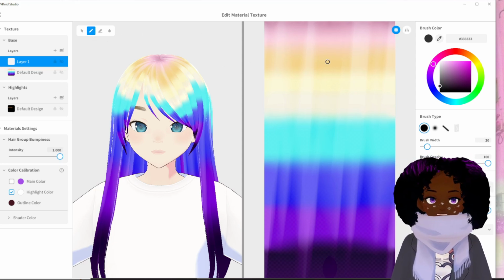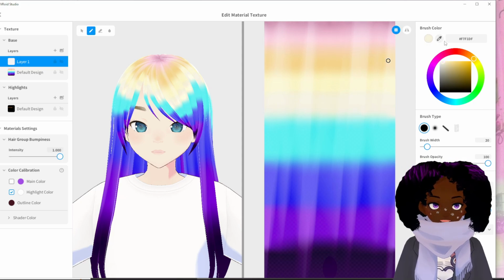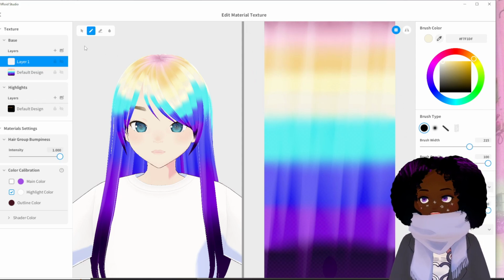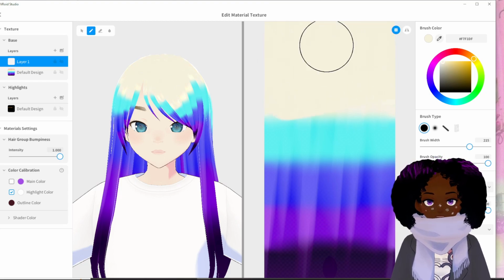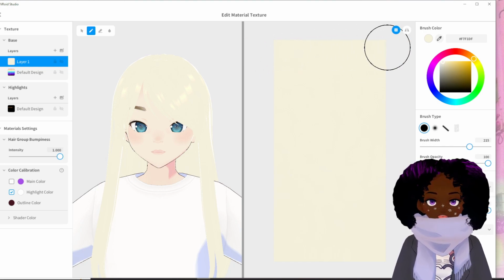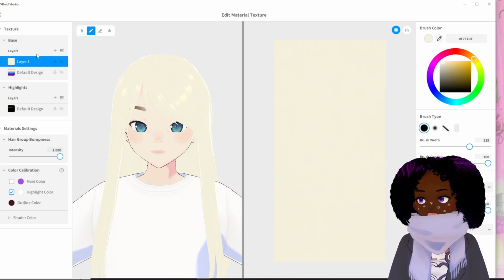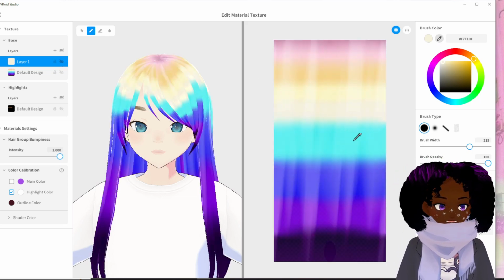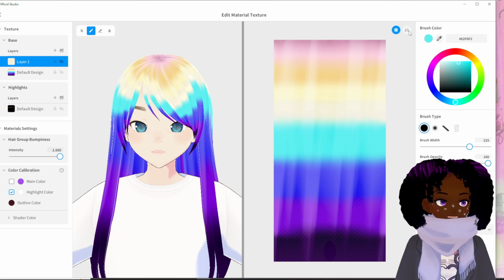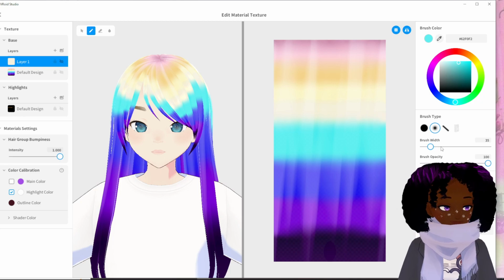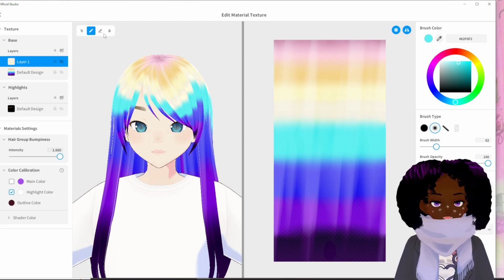First, I'm going to start with a blonde-ish color. Basically, you just want to pick your base color, pick a nice big brush and then color the whole thing. Perfect. So these are my base colors that I want to work with. When I'm pulling colors, I'll just mute that one and then go through. I'm going to turn on mirroring, make it a fader brush, and make it about a size 60. Yeah, that should be fine.